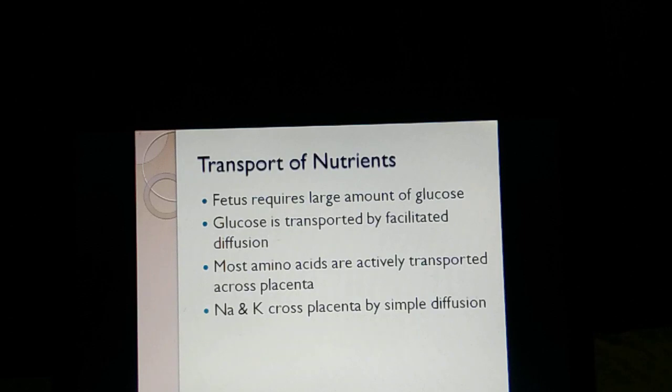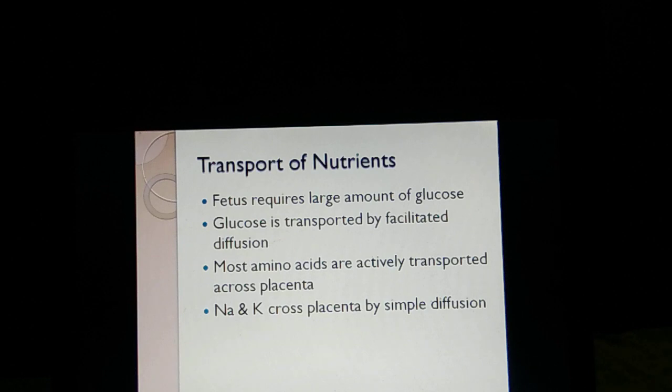So the fetus requires a large amount of glucose. In the early phase, when the placenta is not formed, the nutritional care of the fetus is taken by the secretory endometrium. If you remember, in the secretory phase, the endometrium collects a lot of glycogen, vitamins, growth factors. It keeps on supplying this to the fetus during the early phase of pregnancy, and as soon as the placenta is formed, it takes over the function. So by the 4th week of pregnancy, placenta takes up the nutritive function.